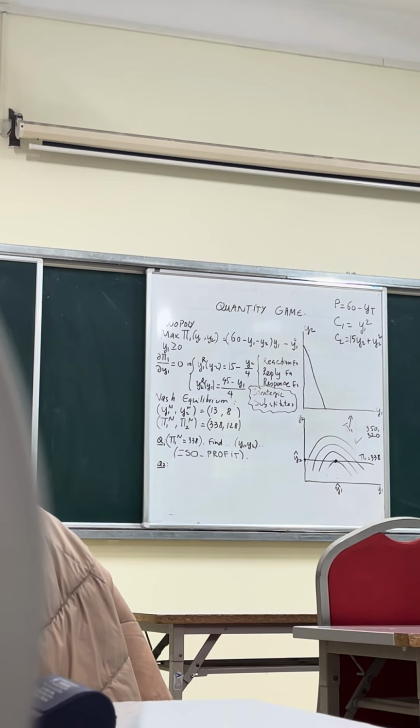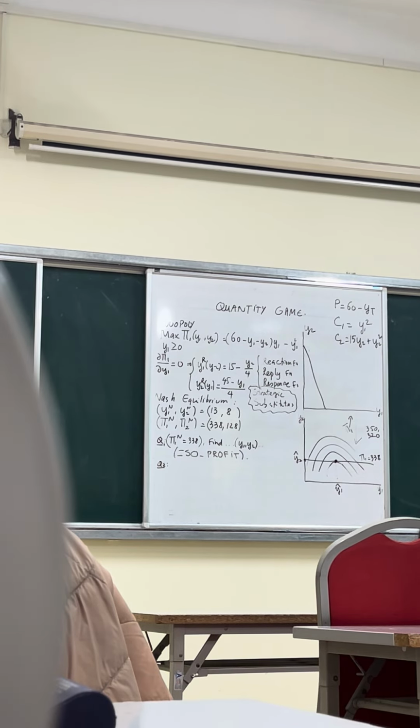Again, you can state the problem one more time. For a given y2, find y1 to maximize profit of firm 1. Show it in the y2, y1 space. That's the problem, okay? If you want to state it as the problem, that's what it's going to be. So can you show me how to find it? You got it? No? What's wrong?